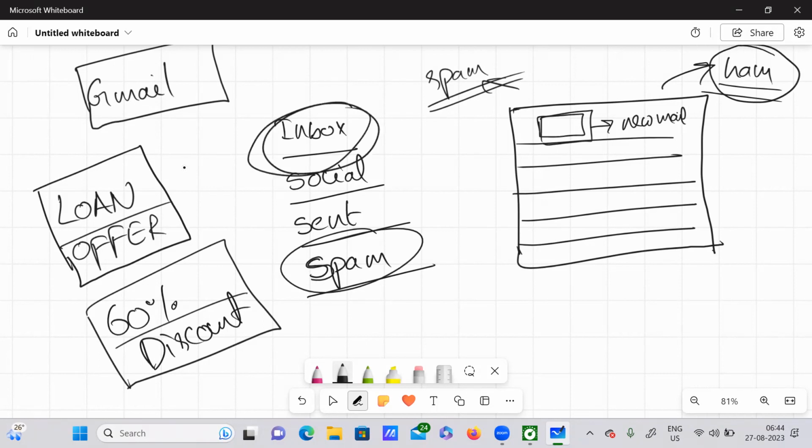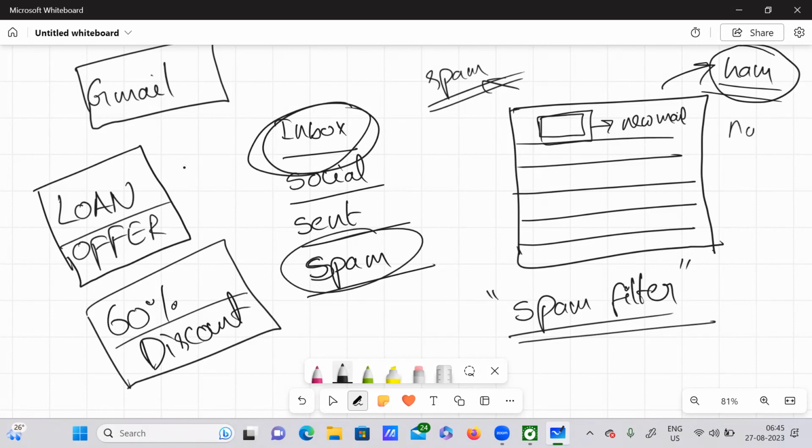So this is the scenario where we call this algorithm a spam filter. Here, the name of the machine learning algorithm which does this job is spam filter. Why I'm saying this is, I want to give you an example related to ML. So this is the ML application. Spam filter is nothing but an example of a machine learning algorithm which classifies any new mail as belonging to a spam category or a ham category.